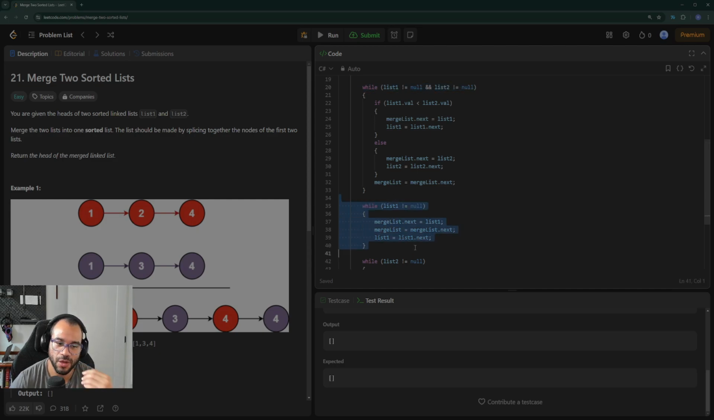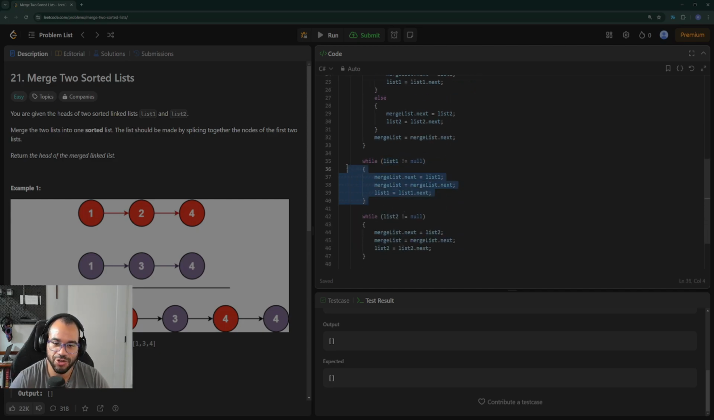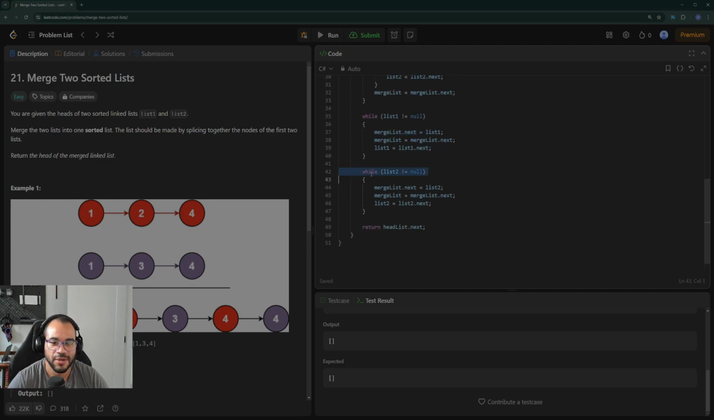And then I have to do a follow-up in case list 1 has extra elements in it, meaning this list was longer. I'm just going to append those to the end. It's already in sorted order, so I just go through and add it into the merge list. And same with list 2. So if I were to submit this,